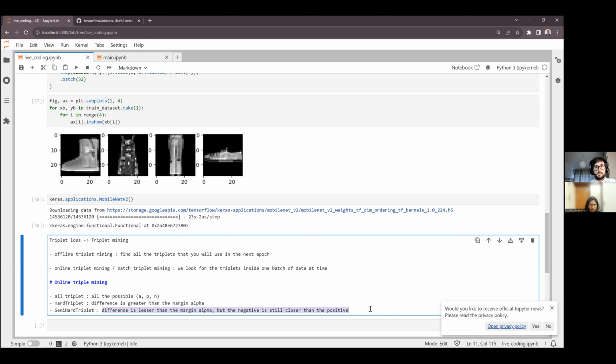The hard negatives are the cases where the negative is closer than the positive. The semi-hard are the cases where the positive is closer than the negative, but by less than the margin.